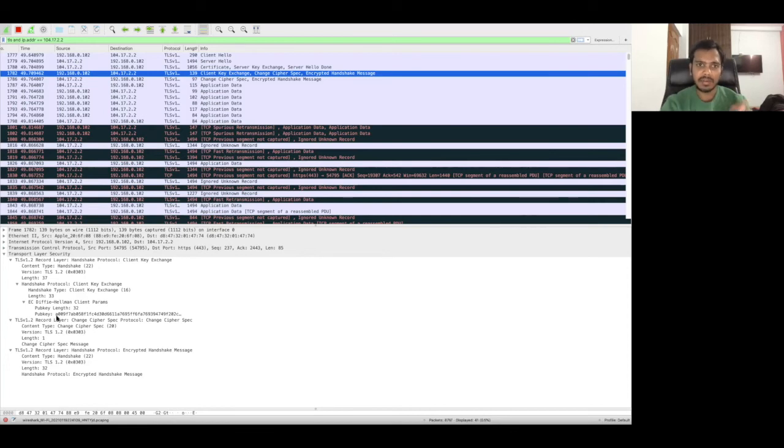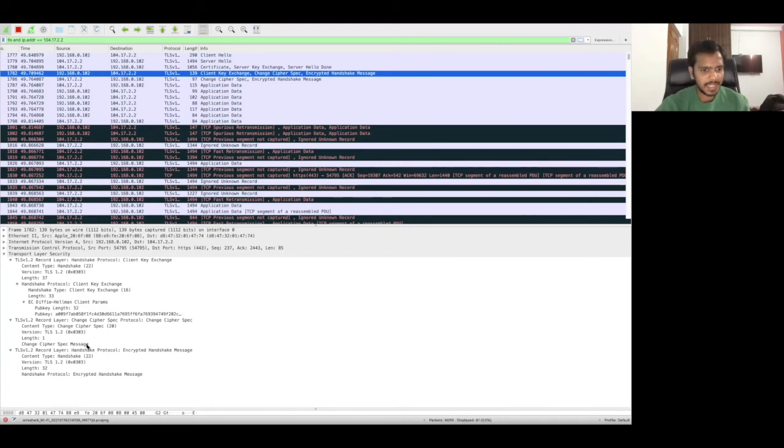So basically now the client is sending its Diffie-Hellman parameters. Both will be exchanging the Diffie-Hellman parameters from both their sides. The server has already exchanged first, and now the client is exchanging. And after this, it will also send change cipher spec. That means from now, the communication will be encrypted. That's what it means. The length is one only, and there is a message here.